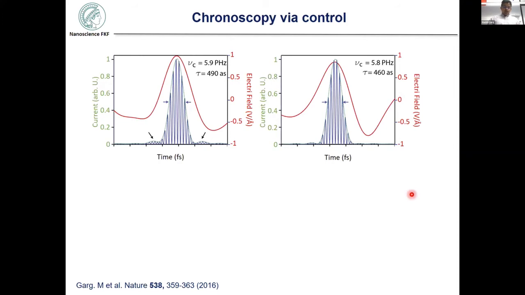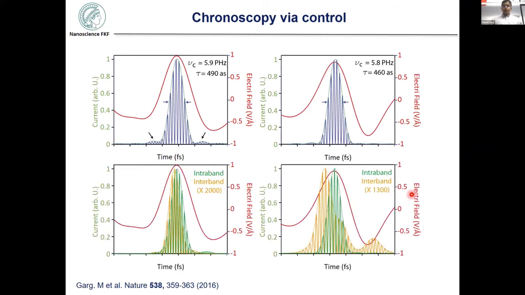Now, if you look at what our semiconductor Bloch equation model tells us, this is actually our experimental pulse. And if you solve the semiconductor Bloch equations and look into the interband and intraband contributions, you will see that in the intraband contribution, you will still generate an isolated attosecond pulse for both CEPs of the driving laser pulse. However, in the case of the interband contribution, you have a dual burst for a sine-like pulse compared to a single burst for a cosine-like pulse. So this experiment immediately tells us that the nonlinearity that we are talking about in the case of high harmonics in solids is much less compared to the high harmonics in gases.